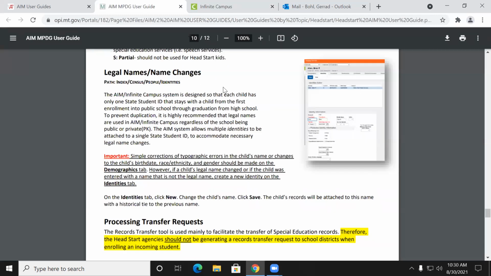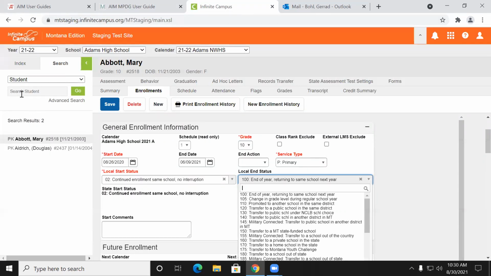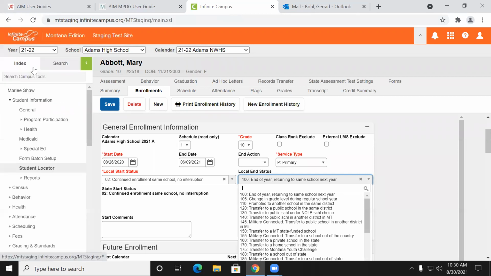Okay, a couple other things here to note: legal name changes. If the student is enrolled in your program and the parents come to you requesting to change the name of the student, it has to be a legally binding document, such as a changed birth certificate. For reporting reasons, we're not going to report nicknames or what people prefer to have their name be called. We need legally binding documented names